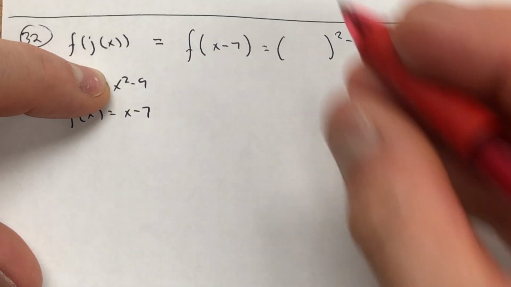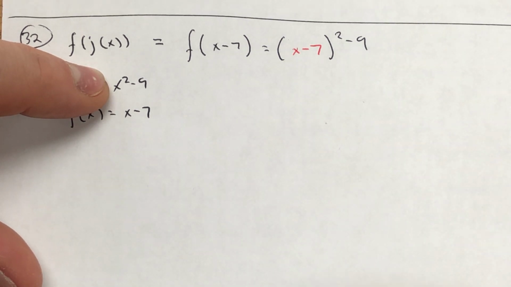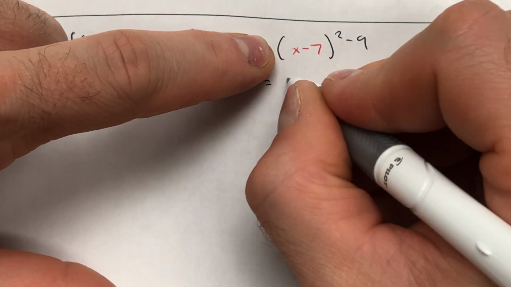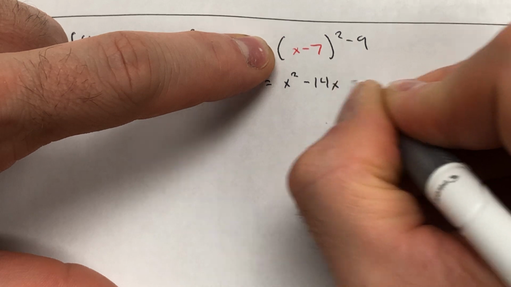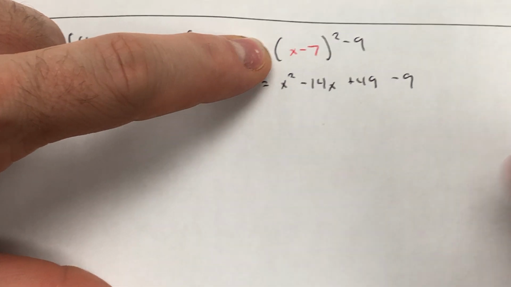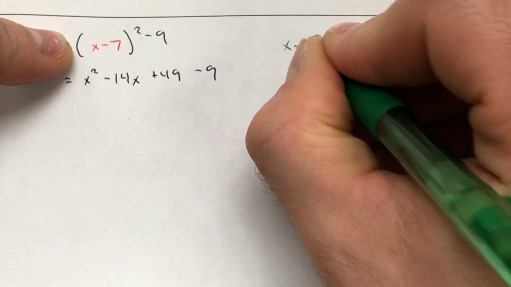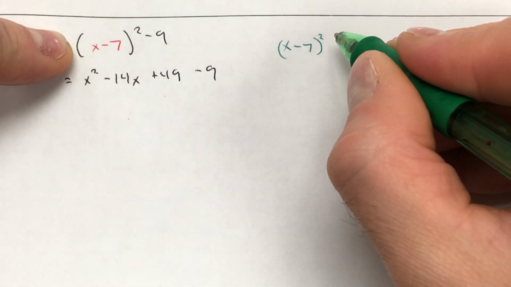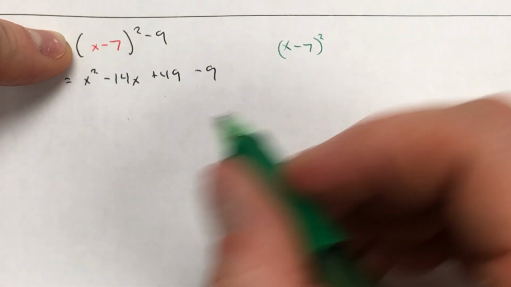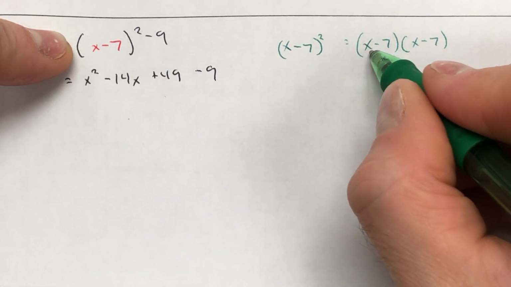Let's plug that into the variable. So x minus 7. So here we go. I have this function. If I FOIL this, this is going to give me an x squared minus 14x plus 49 minus 9. The way that we got this is, if you remember, whenever I square a binomial x minus 7 squared, I have to write this out twice. Many of you will get the x squared and the 49, but you're wondering where the negative 14 came from. Remember, that's x minus 7 times x minus 7,